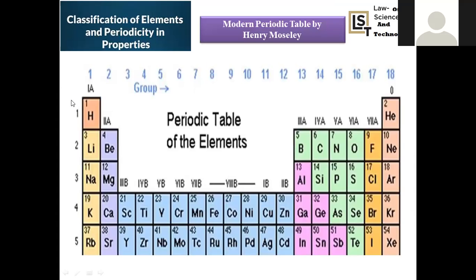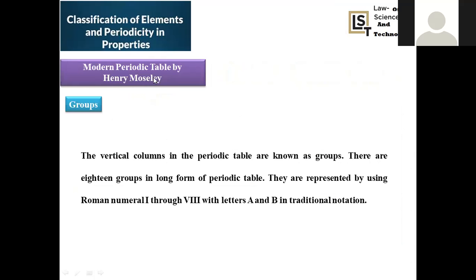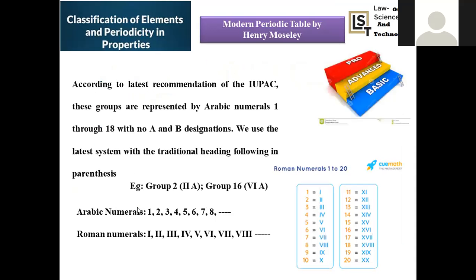Let us see that kind of indication. 1A, 2A, 3A, 4A, 5A, 6A, 7A, and 8A. This is one kind of classification. And the second one, here you can see 1B, 2B, 3B, 4B, 5B, 6B, 7B, and 8B. 8B is a bunch of 3 groups in a single one, right? So this kind of 8 group classification was done in the modern periodic table, but in the earlier session, they used Roman numerals, right?